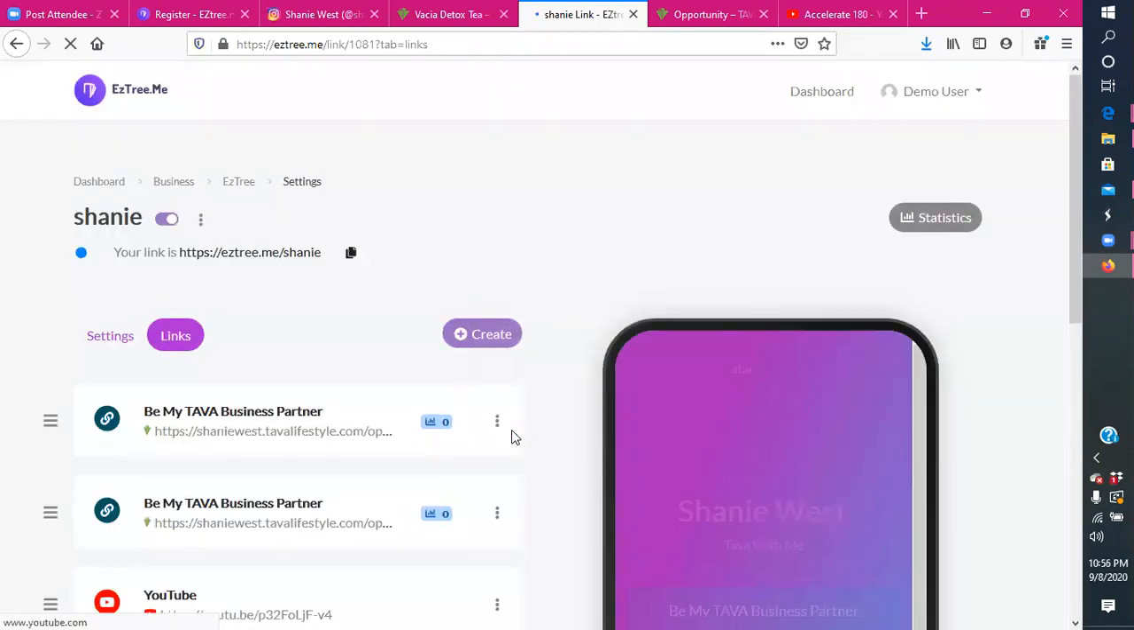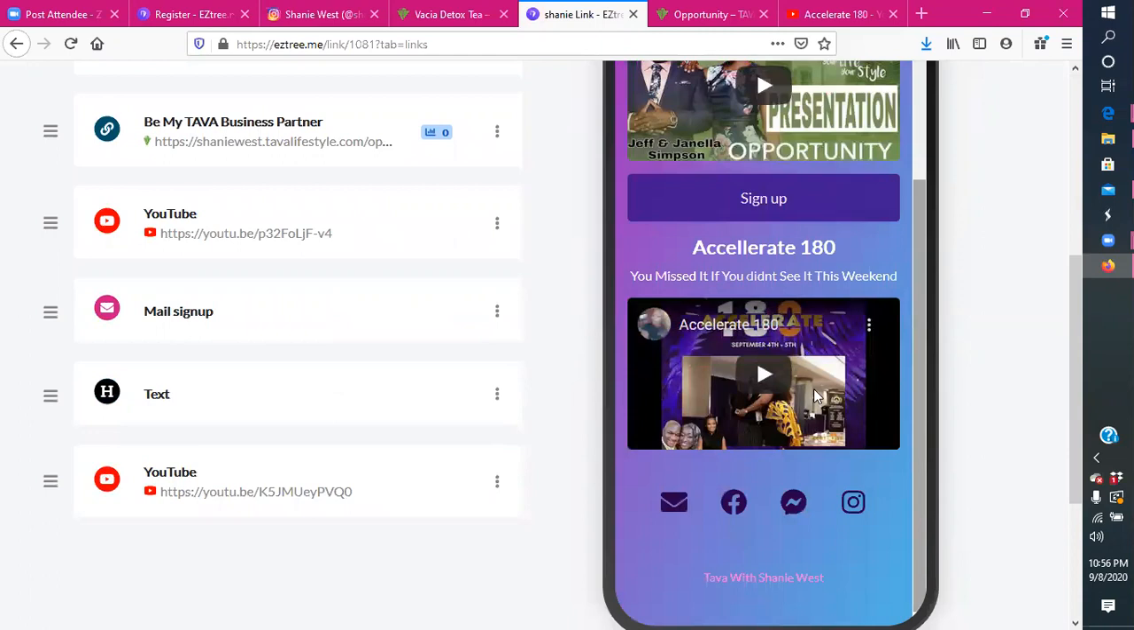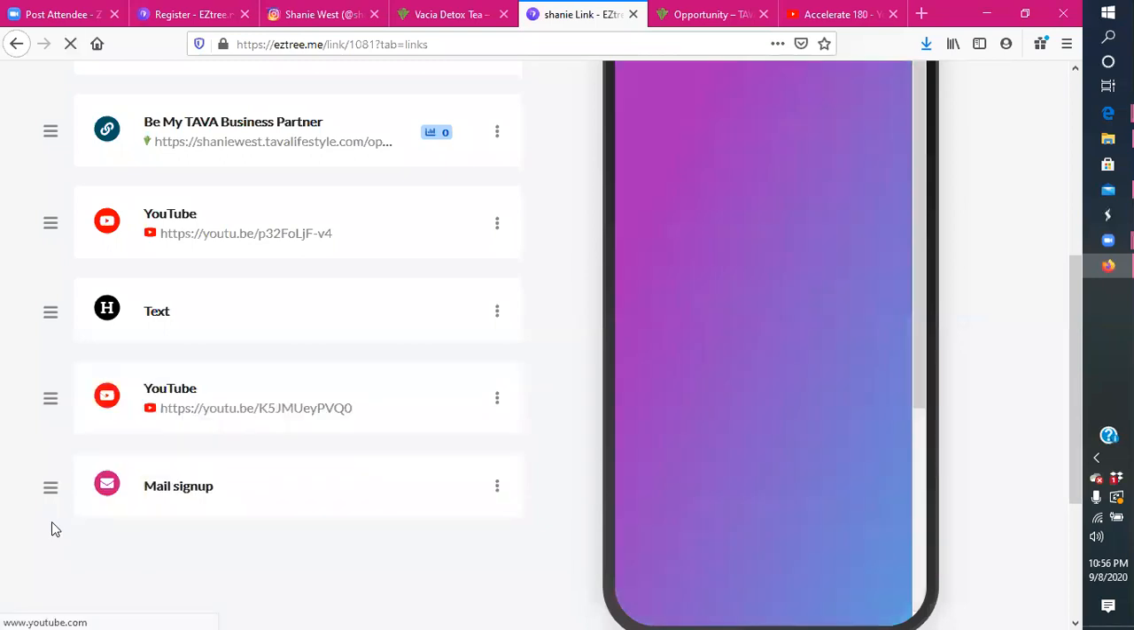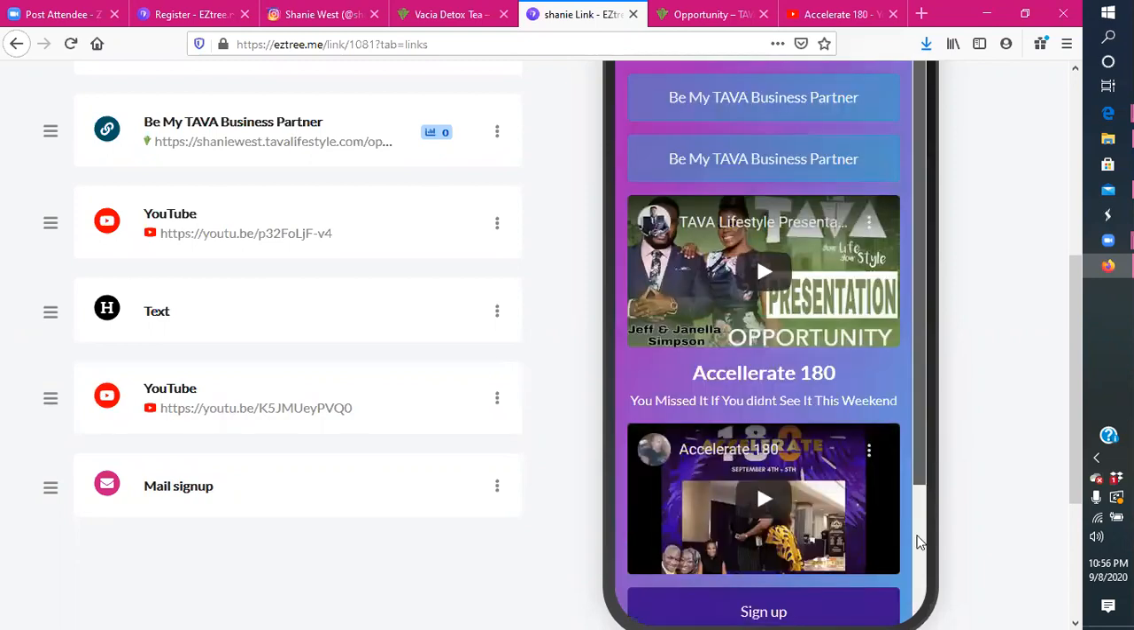All right, now let's see where it all popped in at. Well, it actually happened to pop in at the right place. But let's say it hadn't. Let's say we want to change this stuff around. Maybe we don't want this sign up form in the middle of our page. Let's go ahead and move it. These three buttons right here will move that for you. All right, so now you have the Accelerate 180 and the Tava Lifestyle videos in the middle and the sign